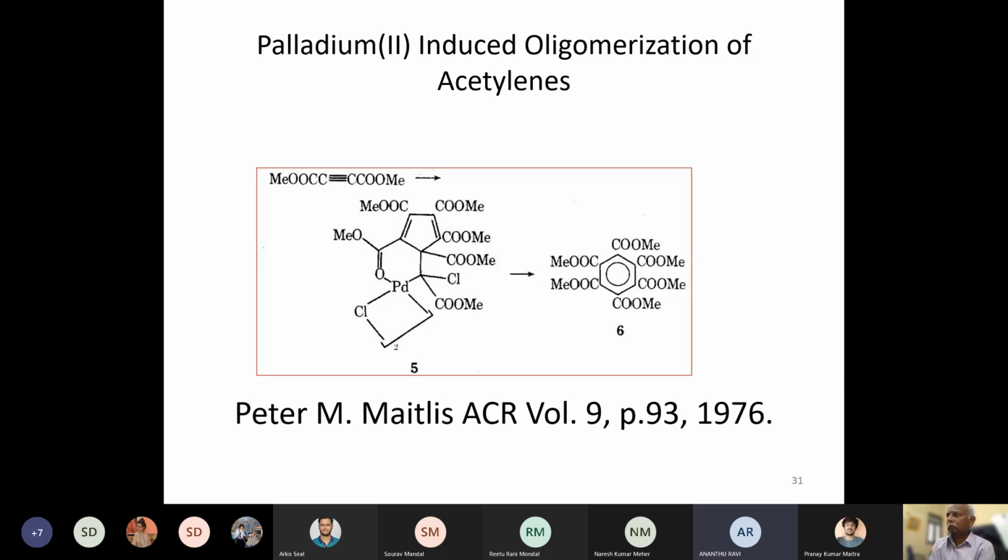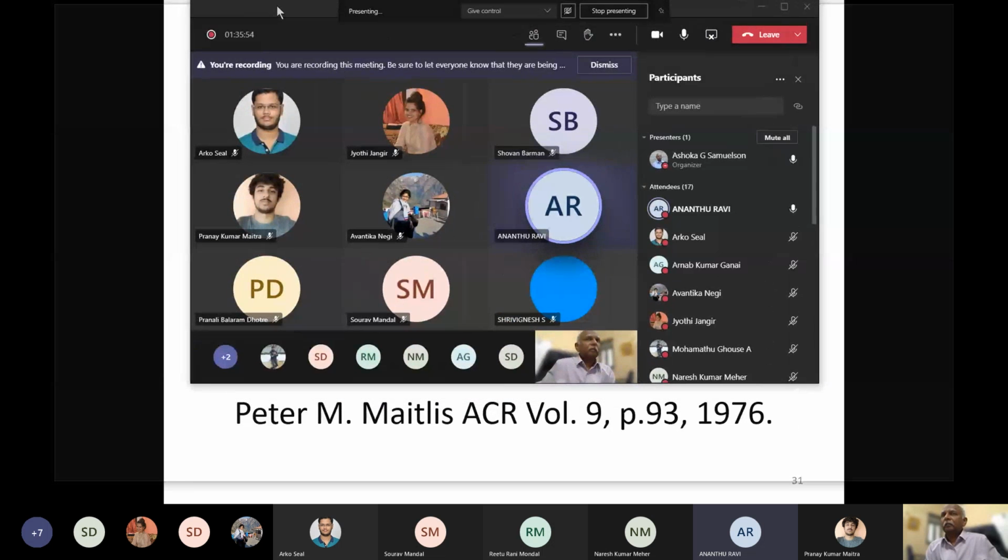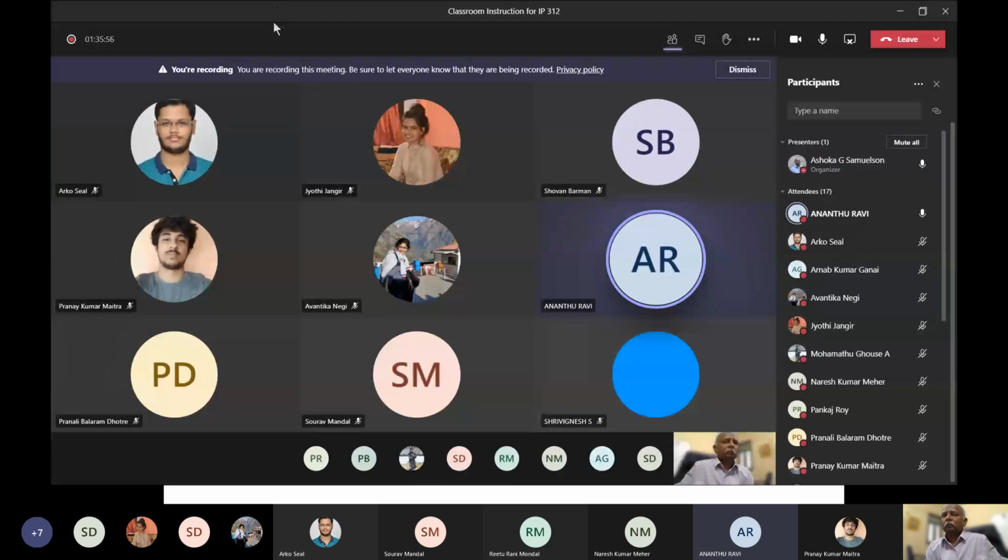Excuse me, sir. Yes. Sir, in this reaction where the R is phenyl, you will get a cyclobutadiene kind of ligand to the palladium, right? So can we use this method for synthesis of cyclobutadiene? Like if you abstract the ligand from the palladium, you will essentially get a cyclobutadiene, right? Which is not conjugated, obviously.